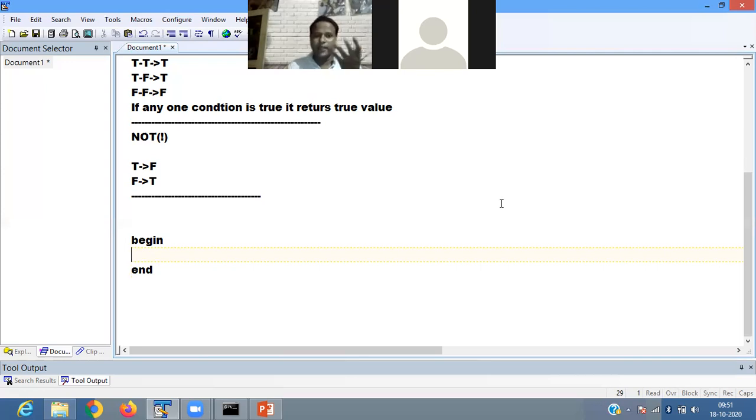Then how many locations or how many variables are required? Yes, for storing, two.